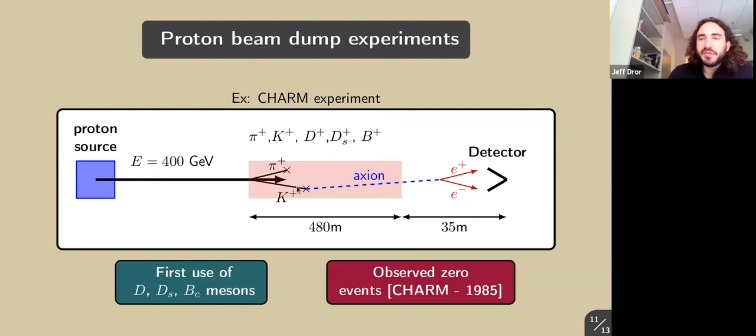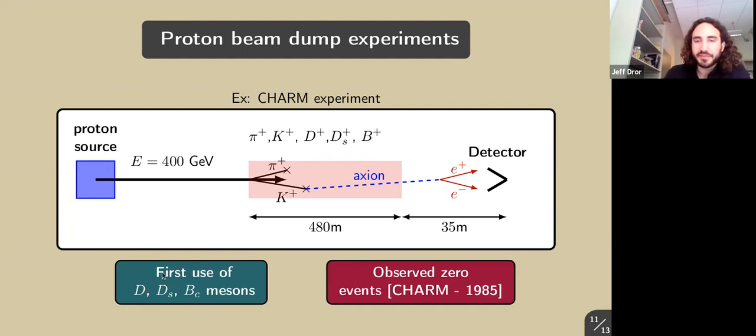Now, this has been studied before for flavor changing interactions induced by the axion. So for example, K to pi axion, B to K axion, et cetera. This is the first time, as far as I'm aware, that people have studied the possibility of using semi-leptonic decays of these different charged mesons. That also means you'll be using a new collection of mesons that hasn't been discussed in the literature before, and that required a little bit of digging into the cross-sections of production for these different mesons,